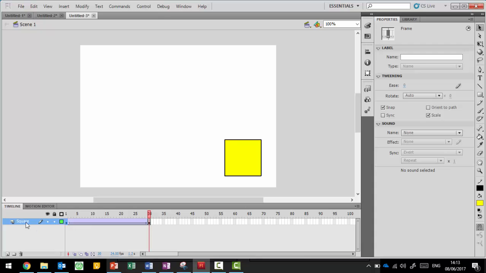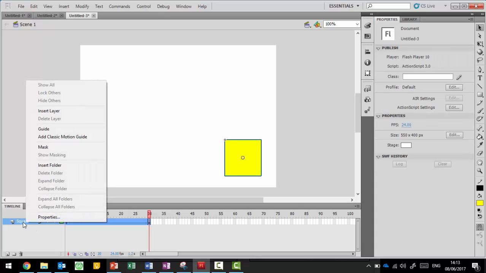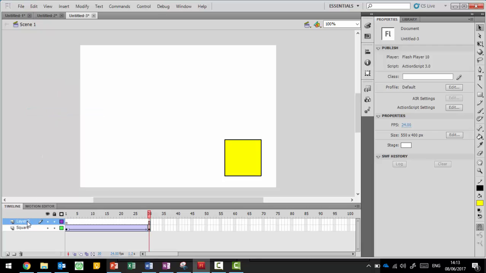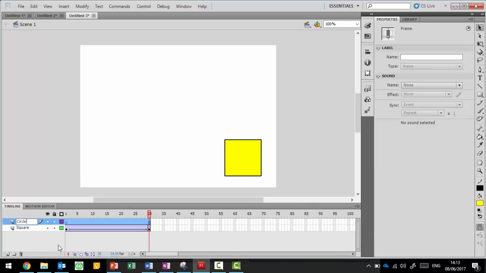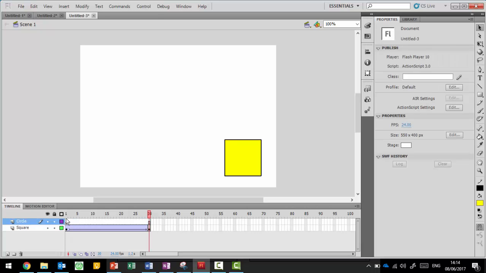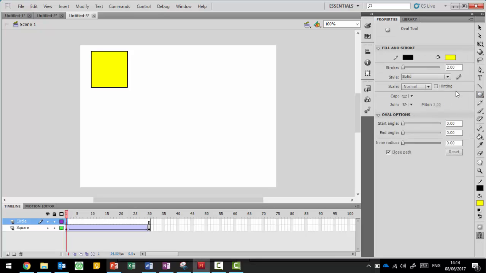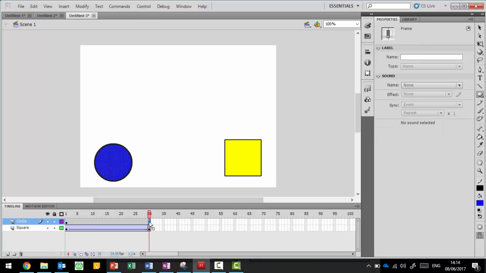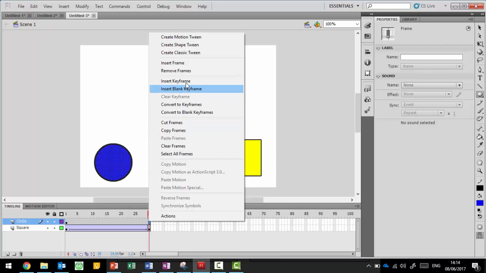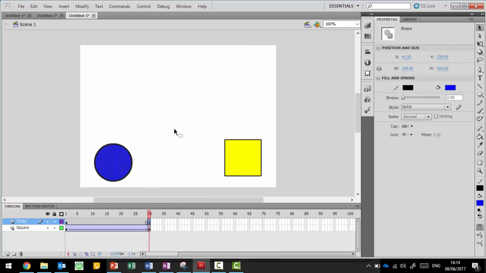What we're then going to do, we're going to insert by right clicking on the layer, a new layer, and we're going to call this one circle. Making sure that you're on frame 1, we can draw an oval, so I'm going to change that to blue, and going to draw the oval down here. I'm going to hold shift so that it's a perfect circle. What we're then going to do, on frame 30 of the circle layer, making sure you're on the right one, is insert a keyframe, and we're going to make a simple motion tween again,